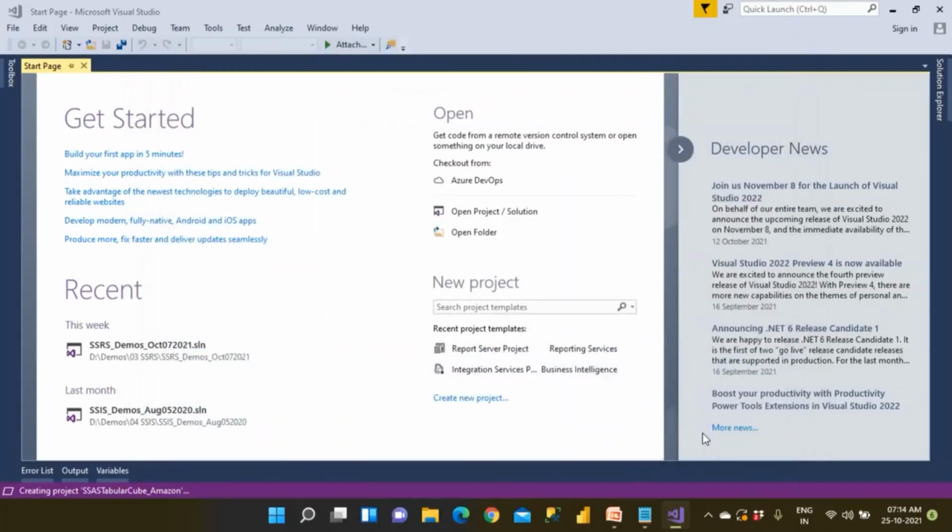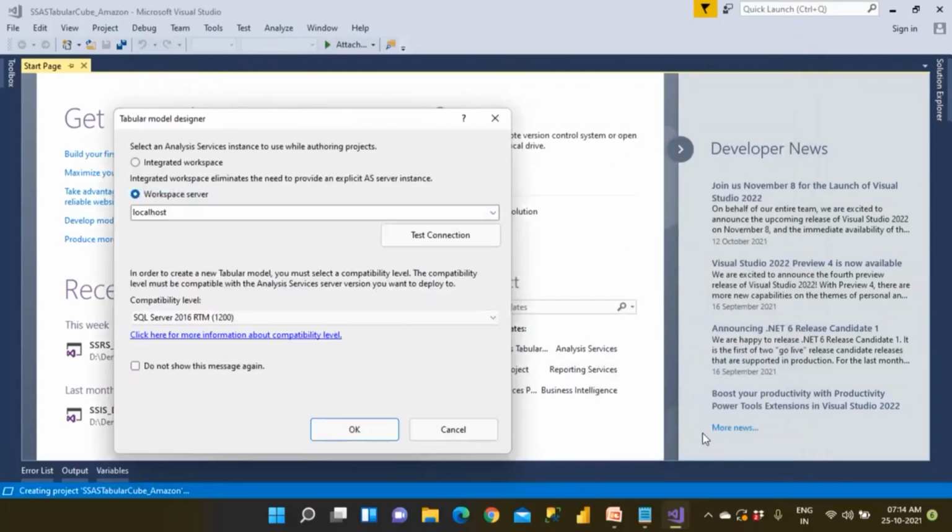So this is how you can create a project. It is asking me where I want to have it. I would like to have localhost, or I can use a dot. So dot means the local computer, or I can give the computer name, which is Kadar. That is my machine name, so I can give this as well. Test connection. Fine.